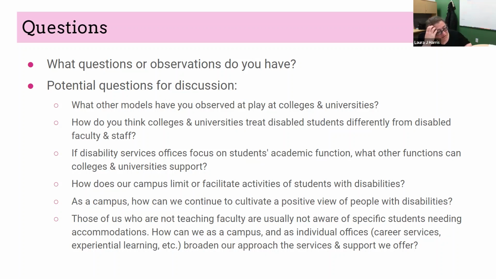So I feel like faculty in some ways have a little bit more, I don't know if warning is the right word, but I feel like the library and probably a lot of other support services on campus, like career services and experiential learning,